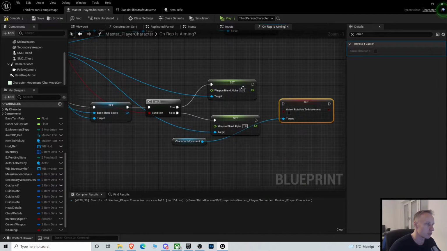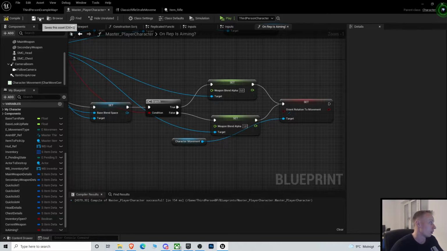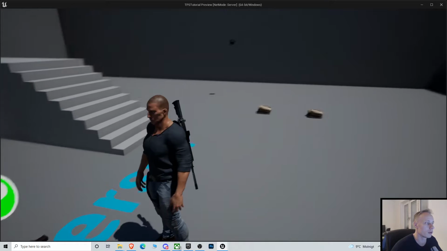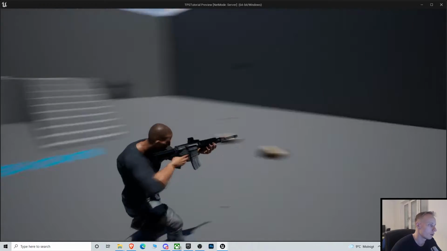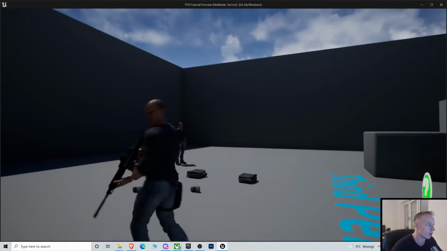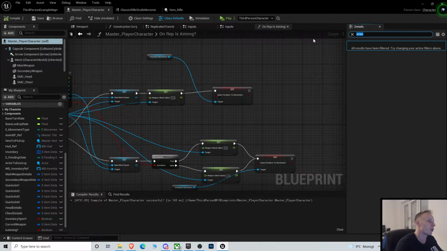And again, set it to true here. It should work. Yeah, it's working. But there's one more thing. What's it called? Yaw. Use control rotation yaw. If you select my character, and so